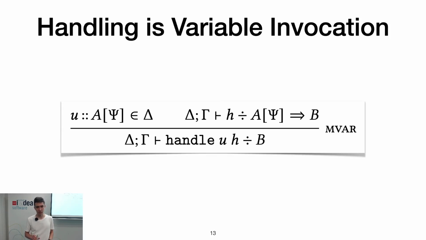The way to use that variable is actually with handling. That's where handling comes into play. So handling for us is a variable rule. It applies not to a computation, but to a variable, and it is important because it allows us to keep the operational semantics simple. We don't have to define handlers on every clause of a computation.